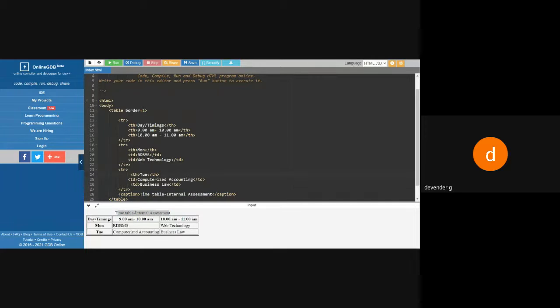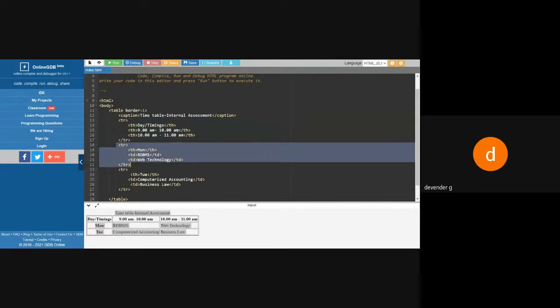So caption for the table. It's not compulsory, you may use it or you may not use it, but the table concept is there, so caption we can use it. So it's optional. Then I need rows. So decide how many rows we need. So I need 3 rows. First row, second row, third row. So this is first row, second row, third row.